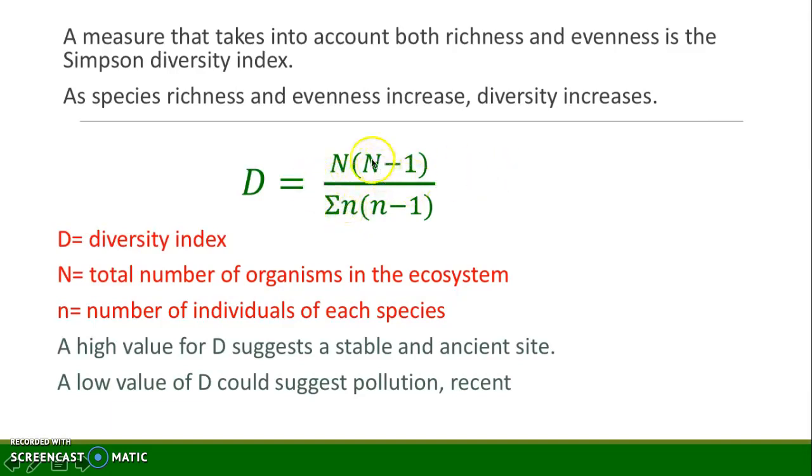So we're dividing the total number of organisms in the ecosystem multiplied by the total number of organisms in the ecosystem minus 1. All of this is divided by the sum of the number of individuals of each species times that lowercase n minus 1. Now, very similar variables, right? So we just want to make sure we understand how to run this calculation. So remember, high values for D means